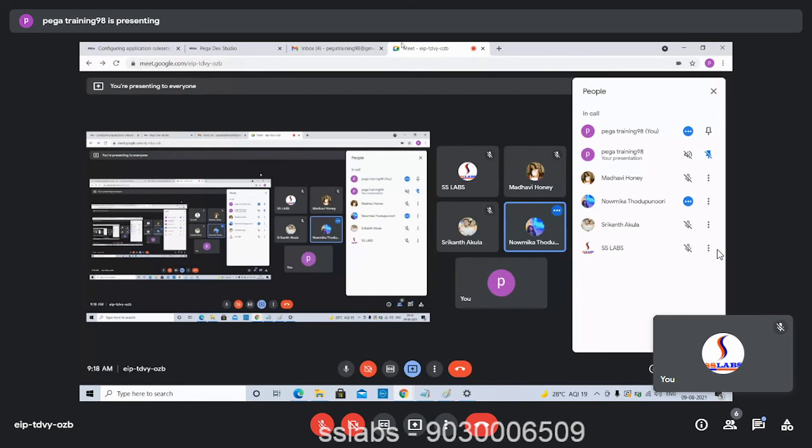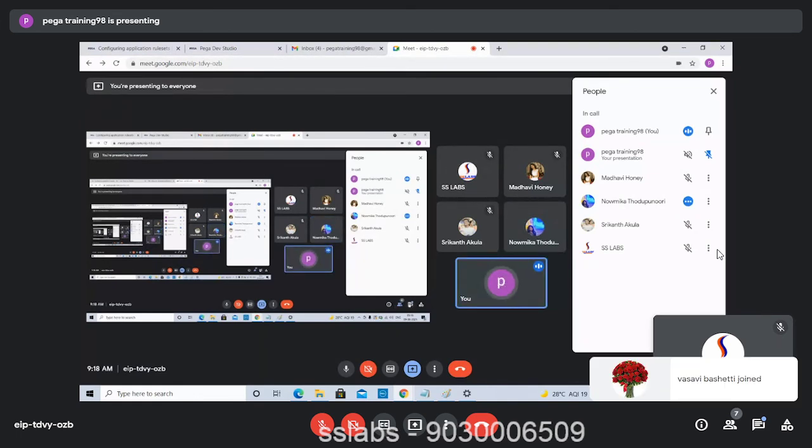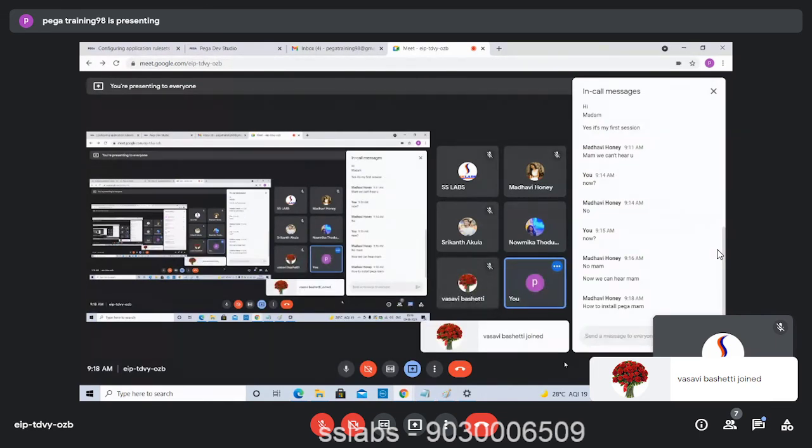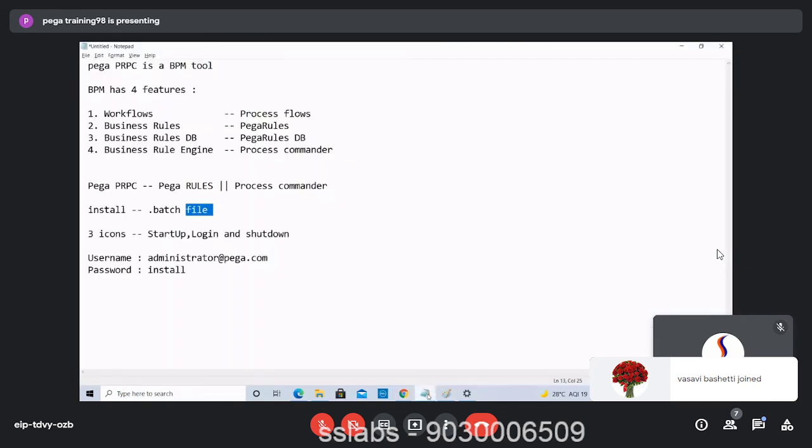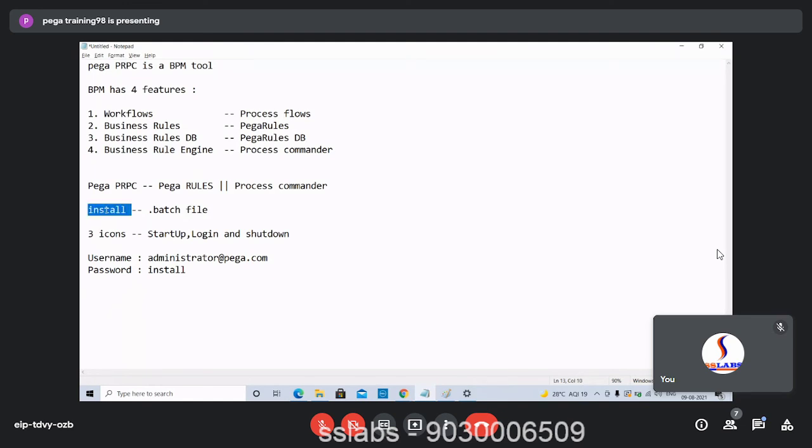So, how to install Pega? I'll give you access to one folder and you need to unzip that folder. Once you unzip it, you will be able to see the option of install. There'll be one file with the name install.